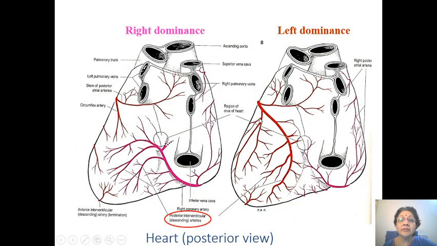Now let's come to the point of dominance, because that's important to know, because there are lots of studies on whether right dominant people have more heart attacks or left dominant people have more heart attacks. There's a huge amount of literature of the last 2-3 decades. The jury is still out. I don't think they've come to any typical findings, but to a surgeon who's going to attempt rectifying mistakes, all